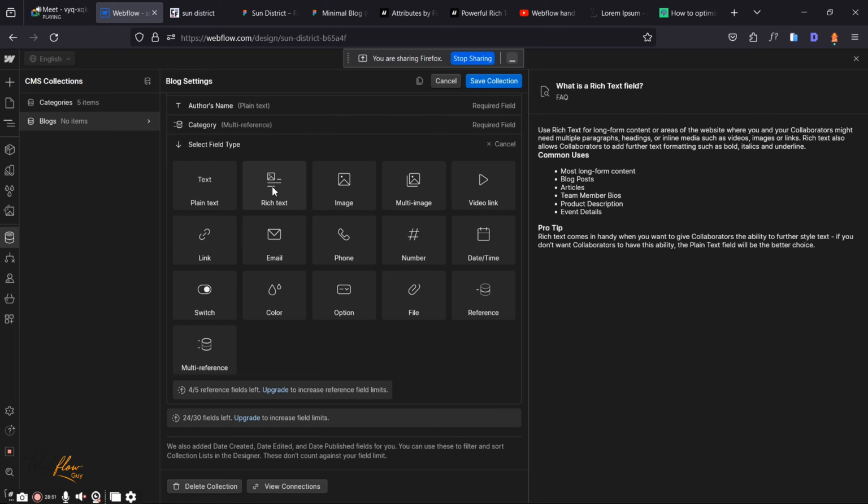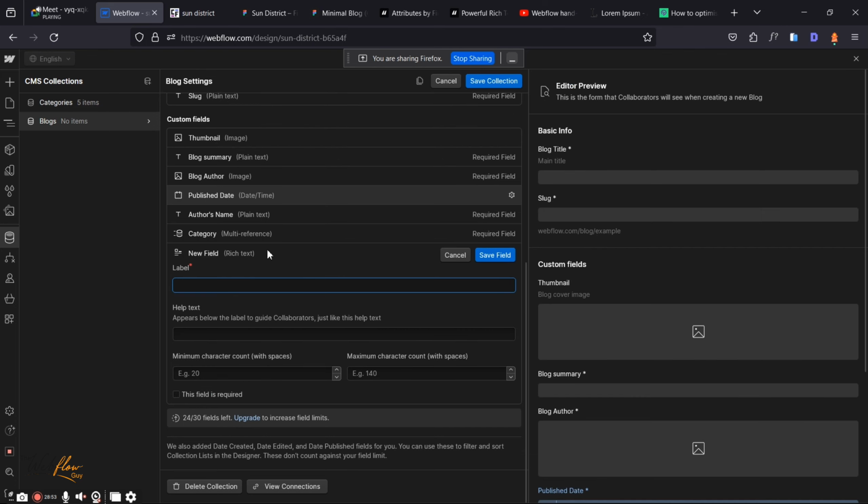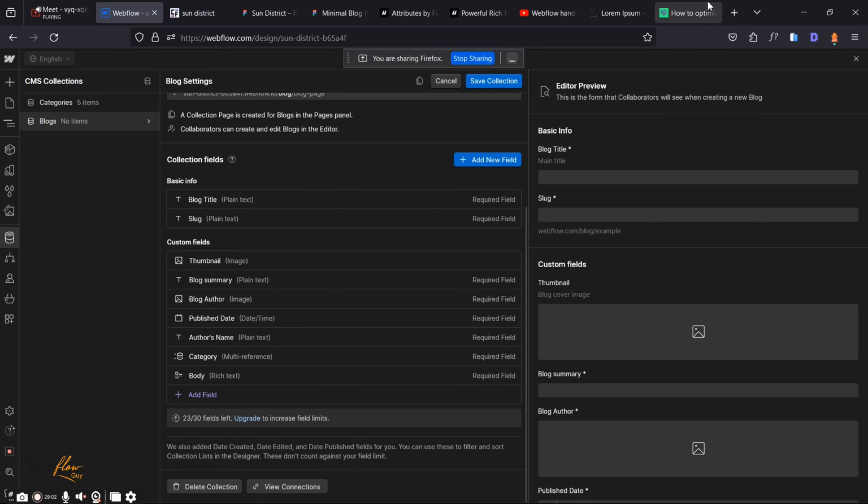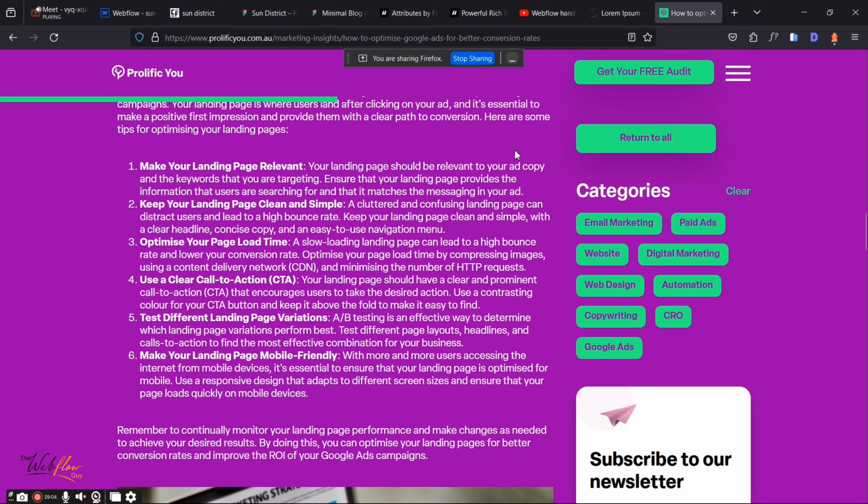So for the blog content, we are going to use rich text, and I'll just title it body. Make the field required also. Save. Now, the way CMS works is that,